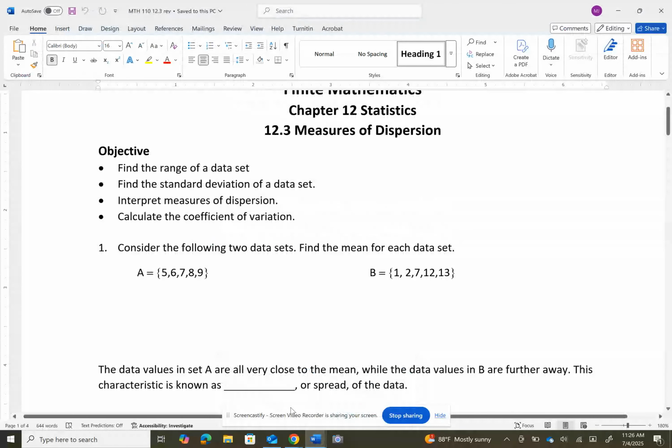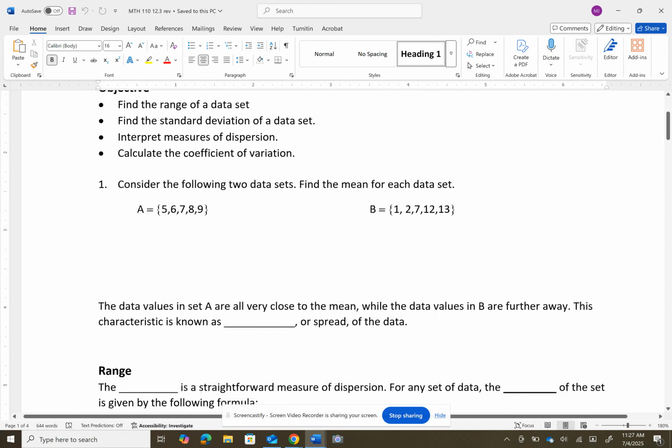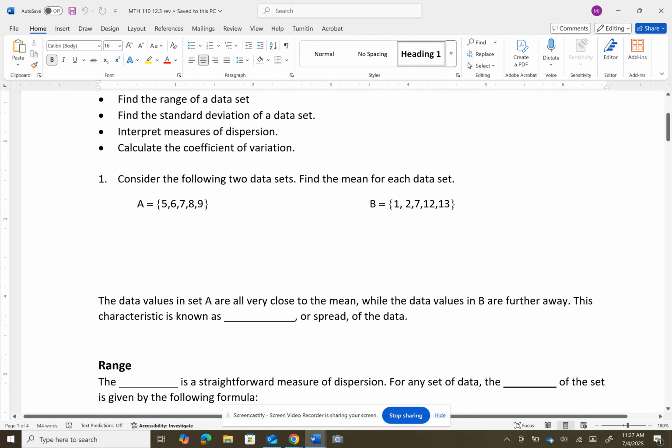Right, in this video, I'm going to do the basics of measures of dispersion. One of them is super straightforward. The other one is much, much more difficult. Okay. All right, so first I have a question here, number one, where I want you to just get the